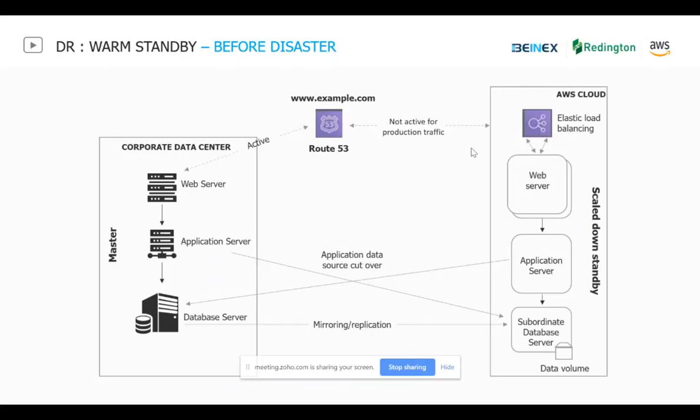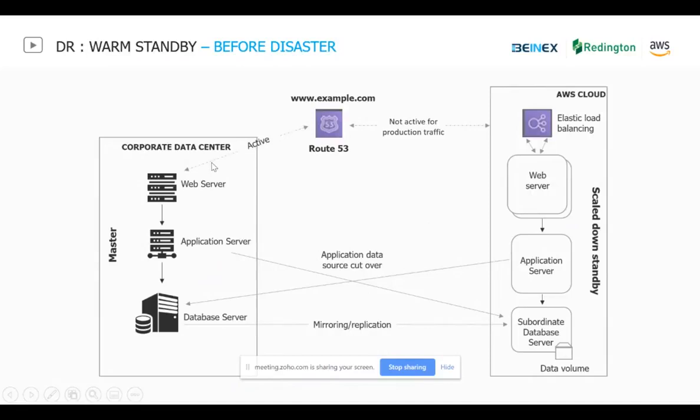With AWS Route 53, you can configure your domain. You can configure your DNS records of CNAME or aliases on Route 53, and that is the one which is pointing to your on-premise physical data center.